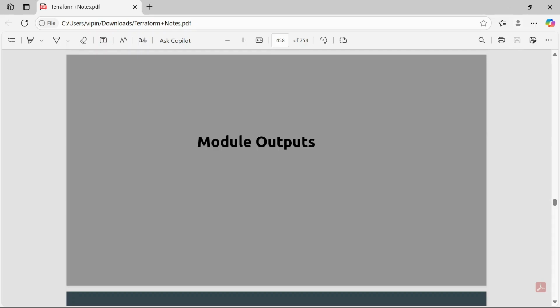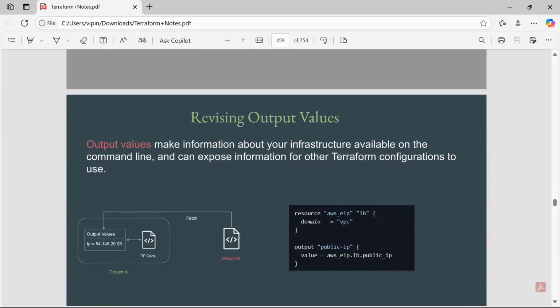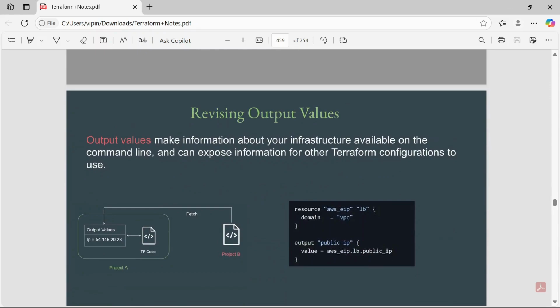We are continuing with the Terraform tutorial, and in this video we are going to discuss module outputs. Let's revise the output values. Output values make information about your infrastructure available on the command line and can expose information for other Terraform configurations to use.